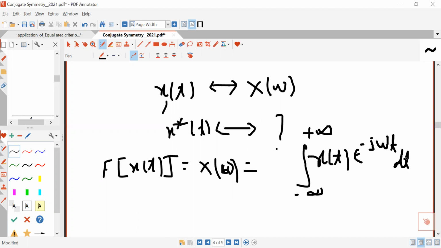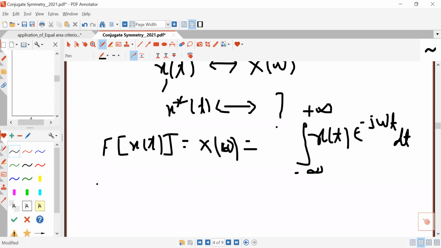This is the formula through which you can determine the Fourier transform of any signal x(t). Suppose if you want to determine the Fourier transform of the signal y(t), then in place of x(t) you will have to write y(t). In the same way, if you want to determine the Fourier transform of the conjugate of this signal,